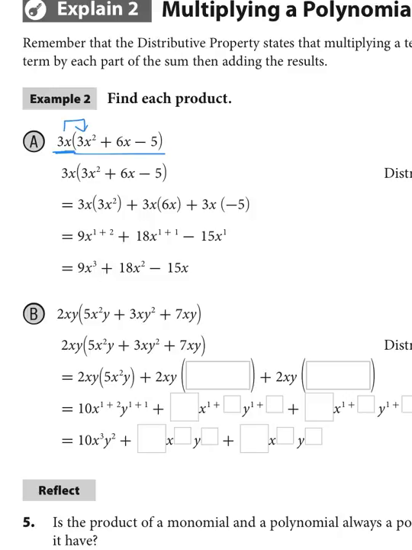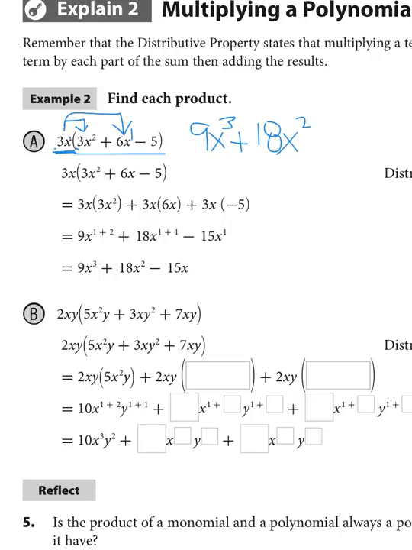So remember, we multiply the coefficients. 3 times 3 is 9. We have x to the first times x to the second, so we keep the base and we add those exponents, so that's going to be x to the third. Then we're going to say plus, now we're going to distribute 3x to the next term, so we multiply those coefficients. 3 times 6 is 18, x to the first times x to the first, so that would be x